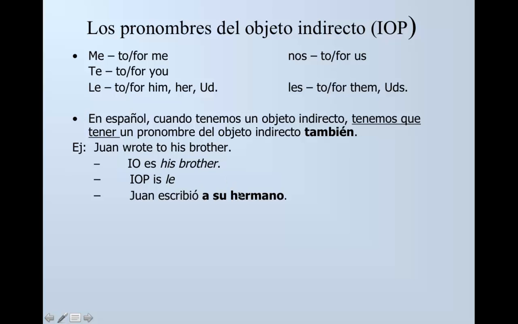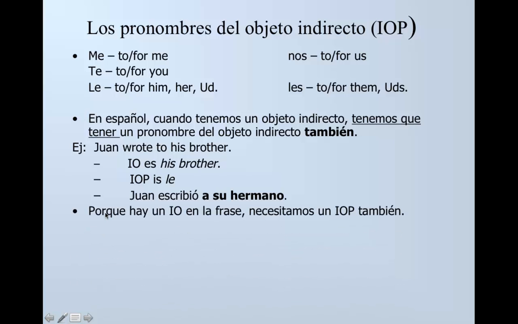And so if we directly translate it, that sounds right, but we can't directly translate from one language to another. We know that. And I will tell you that this sentence is not grammatically accurate. So here we have an indirect object in the sentence, and because we have this indirect object, we must also have the indirect object pronoun. So our indirect object pronoun would be le, and then our position placement is going to be the same as it was for the direct object pronouns. So it goes before the conjugated verb.